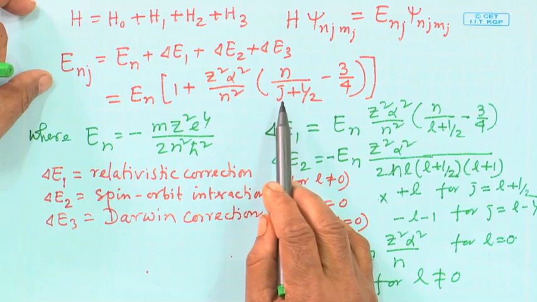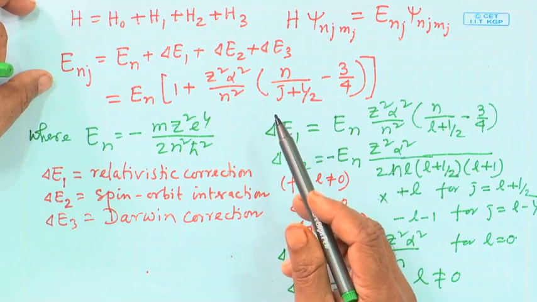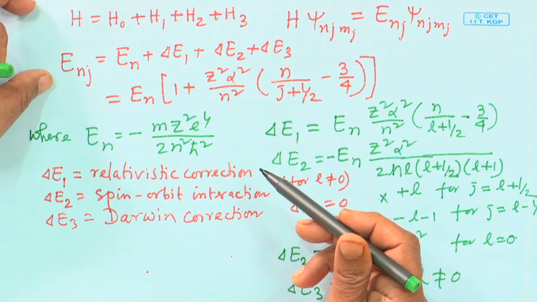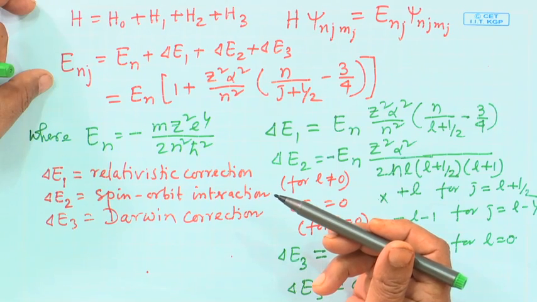In the Bohr-Sommerfeld model, whatever energy terms we got, in place of J it was basically L. Now we mentioned that L can be replaced by J when we consider the vector model for LS coupling, and we get the total angular momentum J equal to L plus S. So from similarity I wrote this energy expression, but now it has come automatically